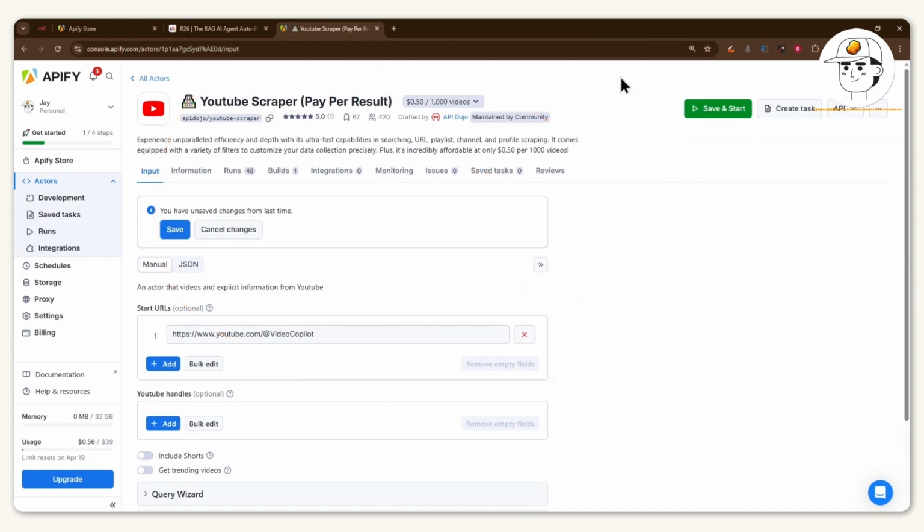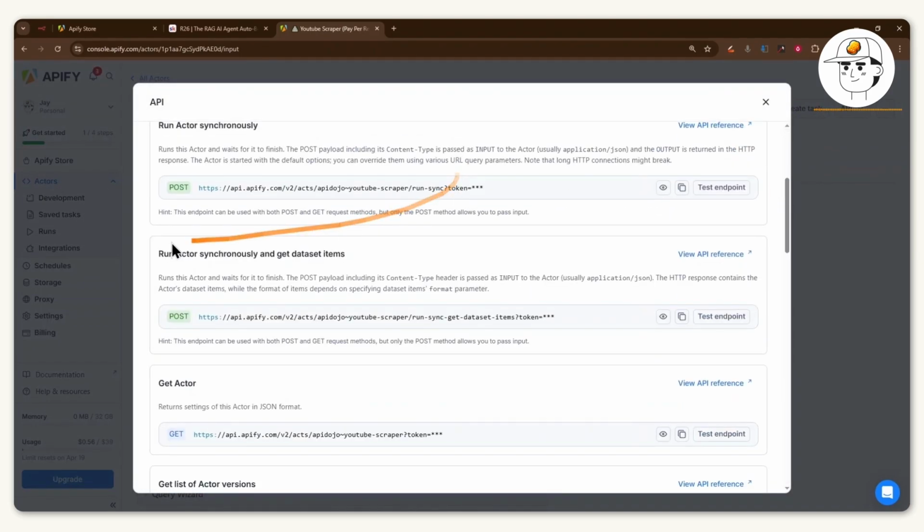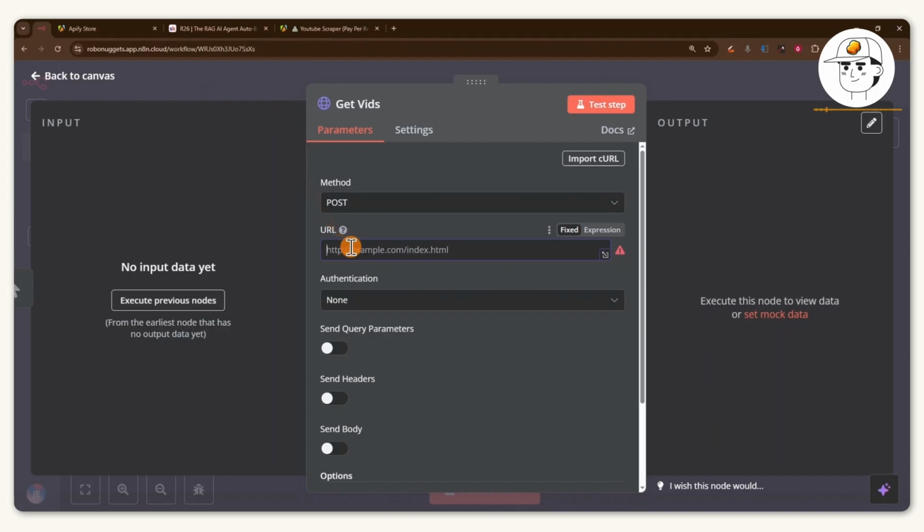And what's good about Apify is that a lot of their tools are actually really cheap. So for example, this one is only 50 cents for 1,000 videos. And with the free trial, that's more than enough for testing. So what you want to get here is, under API in the top right, click on API endpoints, and then scroll to find this line item saying run actor and get dataset items. And just click on copy to clipboard here, because this URL is what you want to put in this section